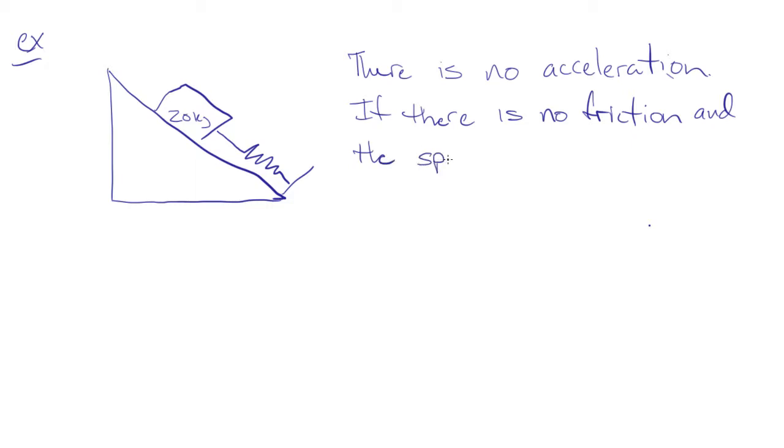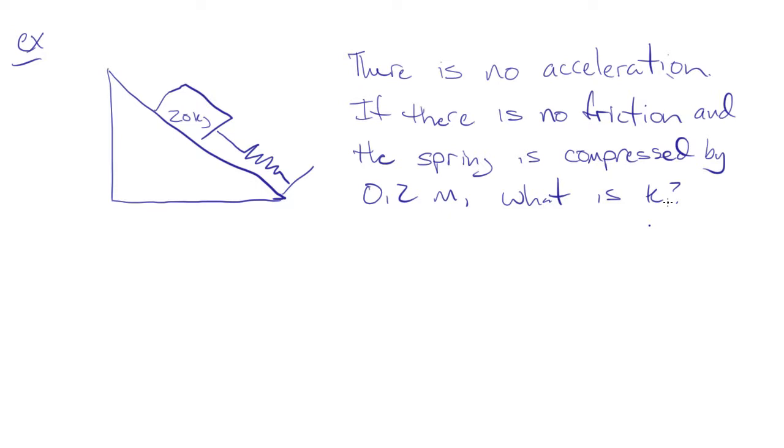The spring is compressed by 0.2 meters. What is k? All right, what is that constant that went in front of x? Okay, so what we're dealing with here is another Newton's